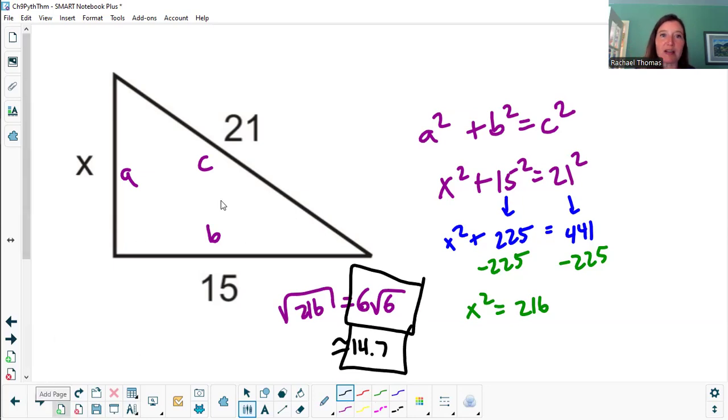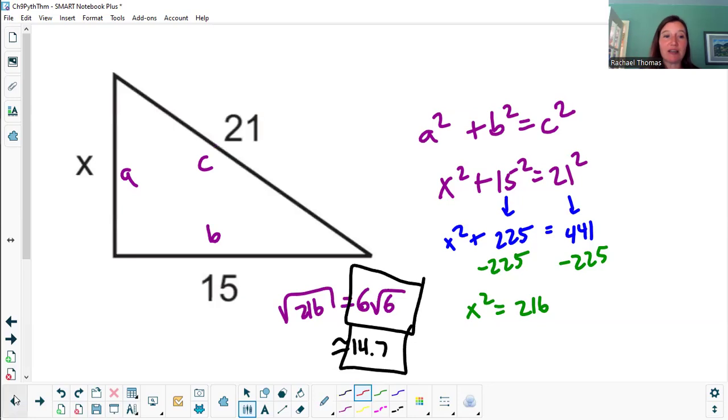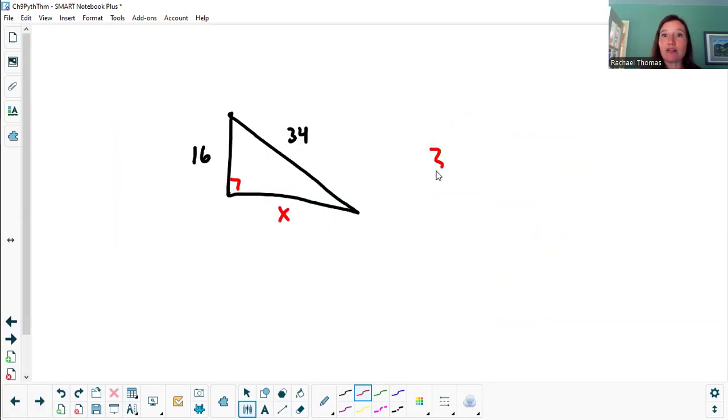So let's do one more example of those just for funsies. Let's say I had 34 and 16. Okay. And now I'm looking for a side that is not the hypotenuse, not the longest side. If we extrapolate what we did in this last example, I'm going to do 34 squared minus 16 squared. If you want an easy way to do this in one step in your calculation, instead of a squared plus b squared, you're going to type in c squared minus a squared, c squared minus b squared. And that's going to give us